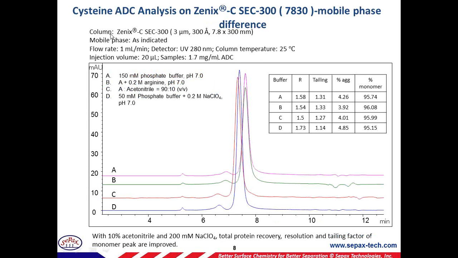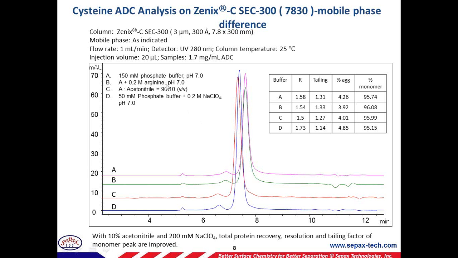In this case, the parent mAb is not Herceptin, it's a different mAb, but it is a cysteine ADC with an average DAR of 4, and the distribution is also 0, 2, 4, 6, 8. The profile on a traditional column is very similar to the one we have talked about. The Herceptin lysine ADC is with more tailing, a lower peak shape. But when we switch to the C line, as you can see, the A trace has a very nice symmetrical peak here. And we wanted to evaluate some of these mobile phase additives to see the impact on the SEC